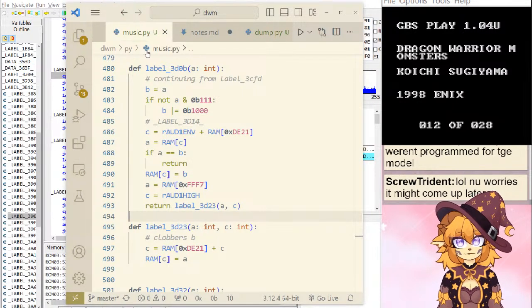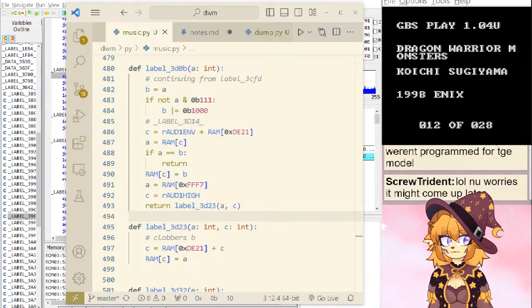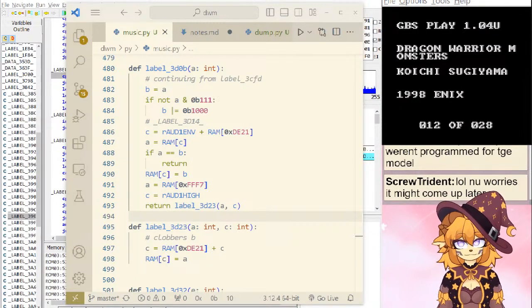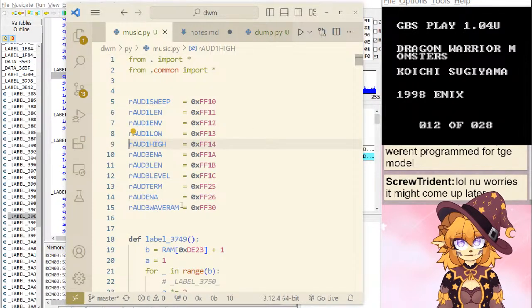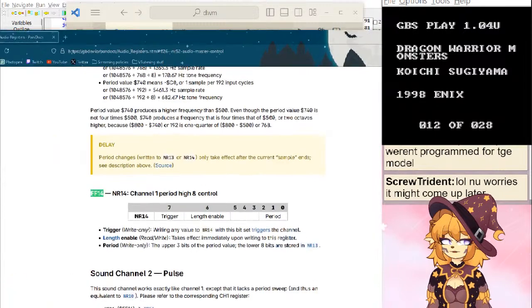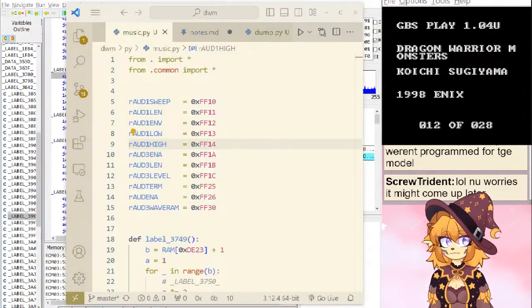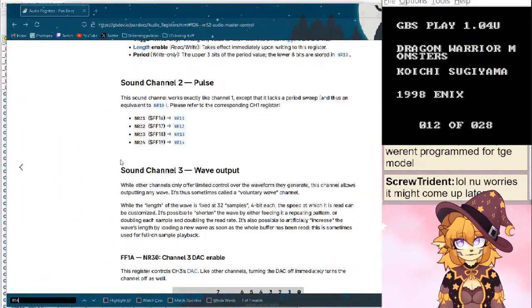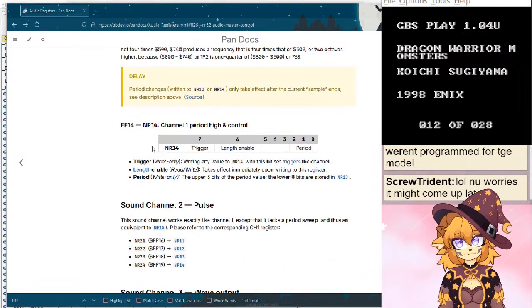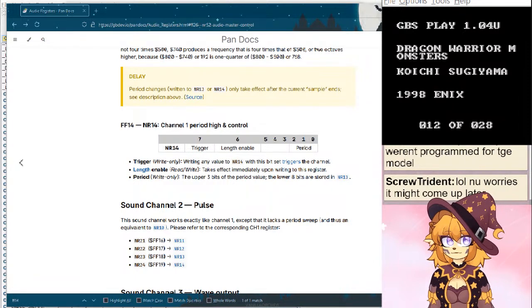Or odd one high. Do I have that information? Oh, here we go. The actual value FF14. Whoa. Yeah, it's the channel 1, period, high, and control.